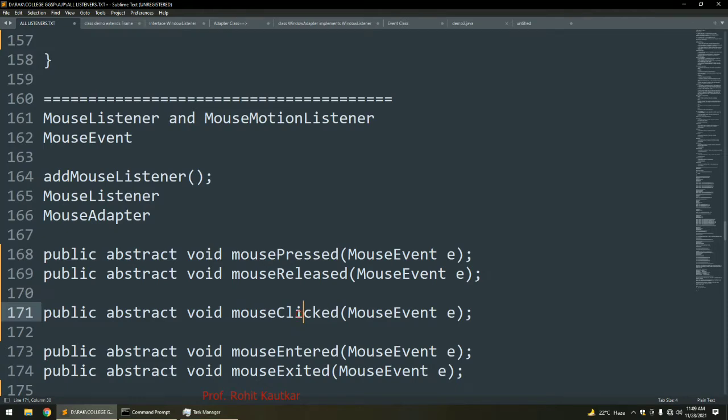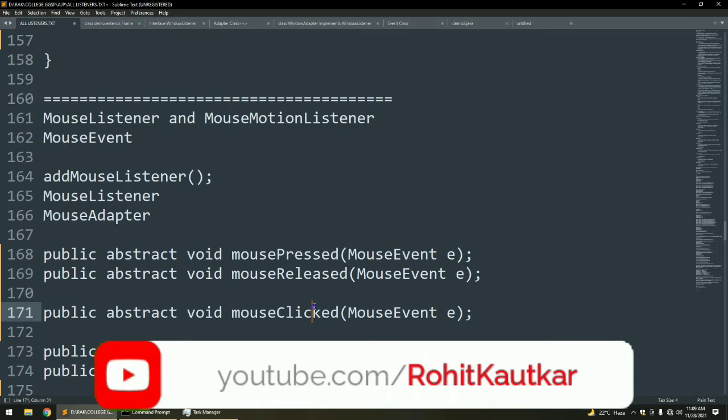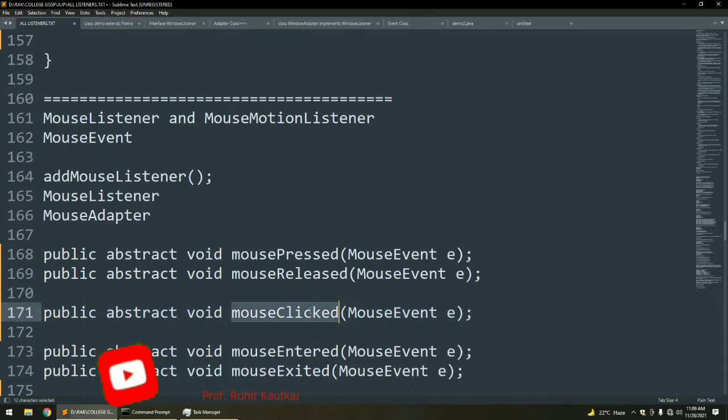Whenever you press your mouse button and release it, one click event will occur. So understand the difference between press and click. Press occurs whenever you press the mouse button, and click occurs whenever you press and release your mouse button. So mouse click event involves both of these events, pressing and releasing.